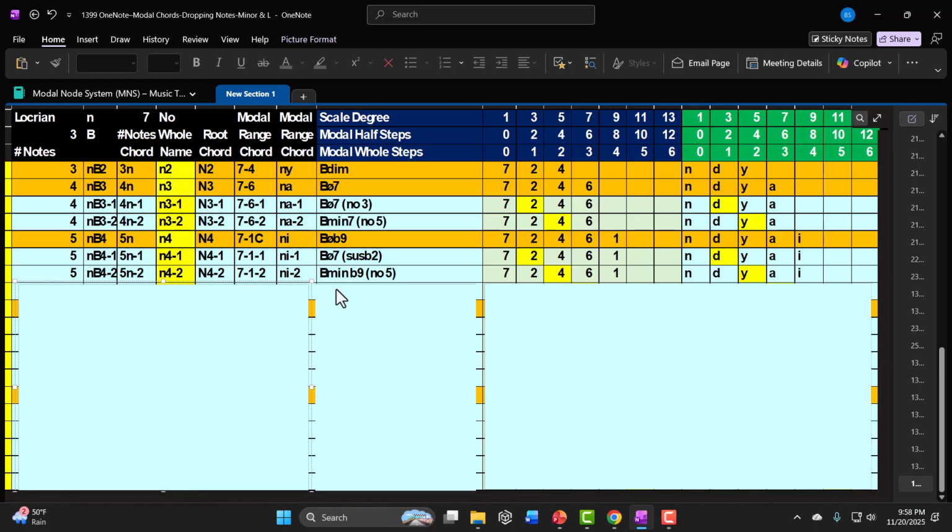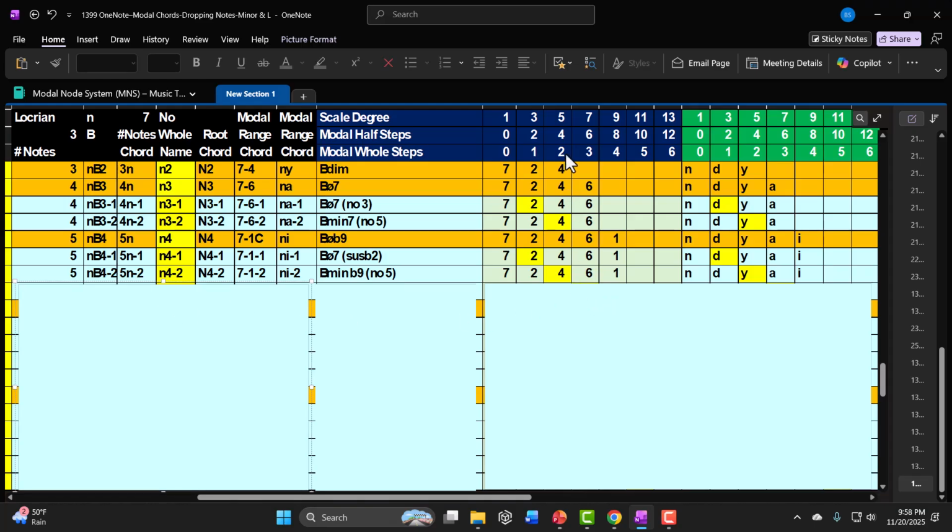Right. So if we drop the 5, you lose the B5 that made it half diminished. What's left is B, D, A, B, C. Notes that look a lot like B minor 7. All right, let me add. So whatever it is, I'd rather call it an N4 -2, meaning you're going to drop the one that's 2